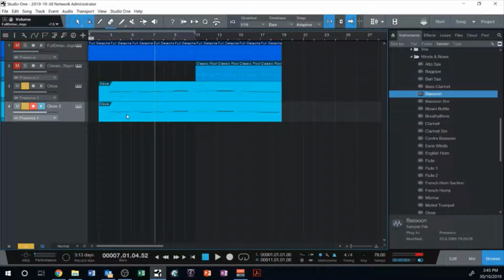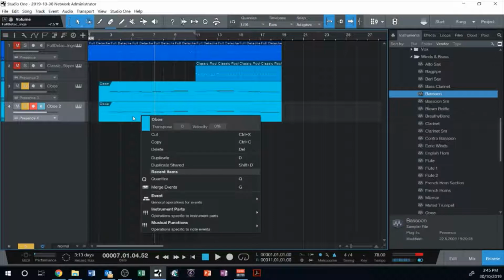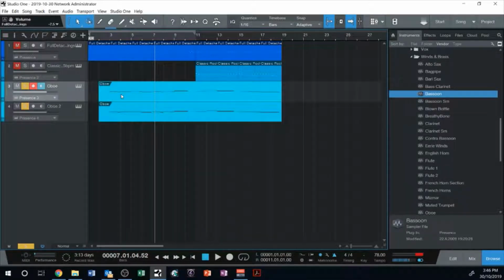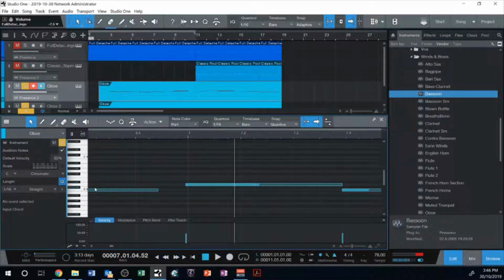The only problem with that is they're playing the same notes, so I'm not getting that sort of breadth and depth that I really want. So I can do a thing called transpose. The thing you need to know with transpose, which just means to push an instrument up or down, is that you do it by 12s. And the reason for that is, if this oboe is playing a C there,